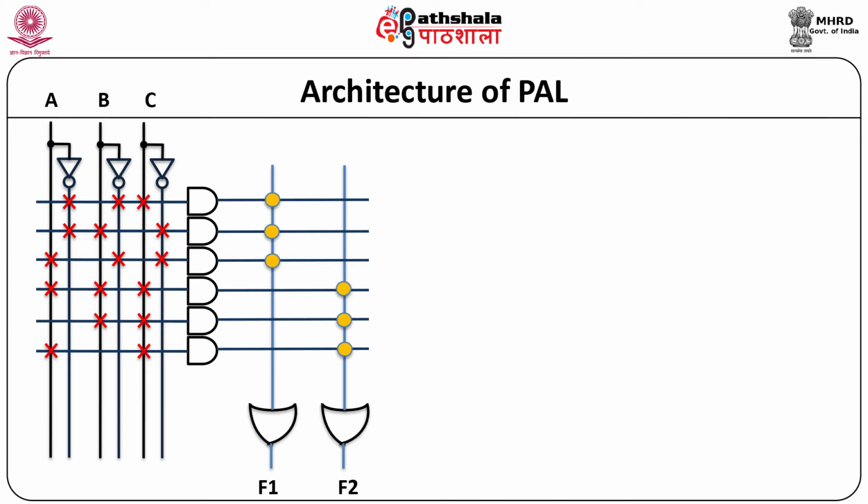Further, one can write sum of product terms at the output of each OR gate. It can be noted that connections to OR array are fixed by the manufacturer. In this case, the first OR gate receives output from only 3 AND gates and second OR also receives the output of 3 product terms. The output function F1 is a function of first 3 product terms and second function F2 is also a function of next 3 product terms. This indicates there are 3 input variables, 2 output functions in the PAL.